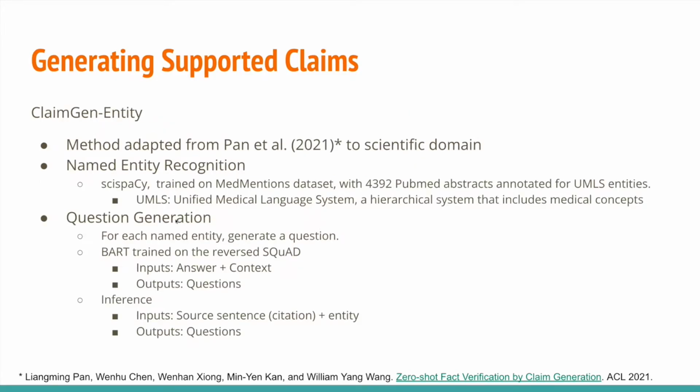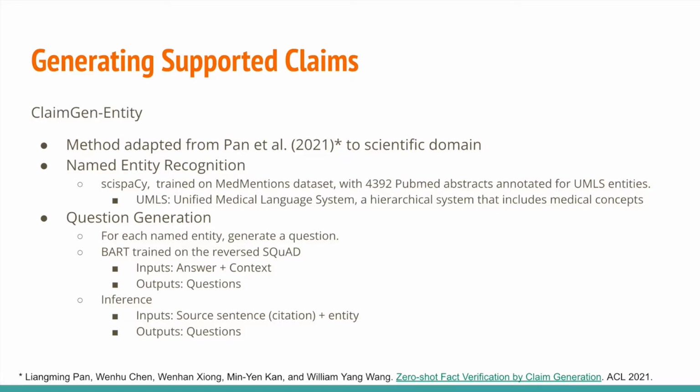This paper takes two approaches to generate claims. The first one is called ClaimGen-Entity. This approach is adapted from Pan et al. 2021, from the general domain to the scientific domain. The approach is the same, but the pipeline and the actual models are all different.